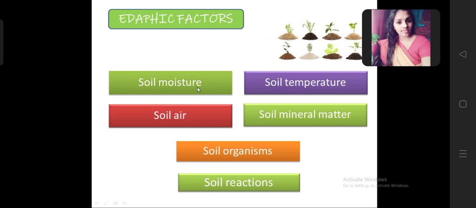You know that in the soil about 25 percent should be moisture and 25 percent should be air, and this air you can see in the micropores, and the moisture you can see in both micro and macropores. That is the optimal condition for the soil moisture and soil air. In case of soil temperature, it should be slightly more than the atmospheric temperature. And the next one is the soil mineral matter, which will vary according to the soil type.